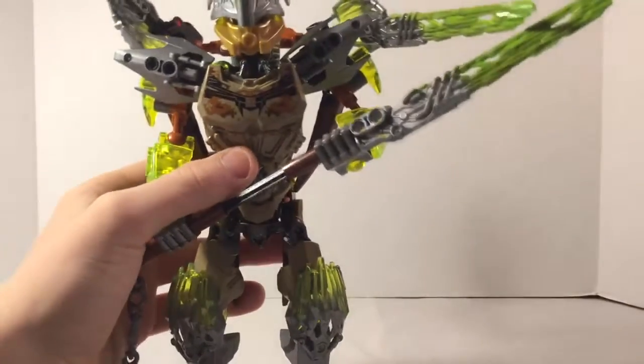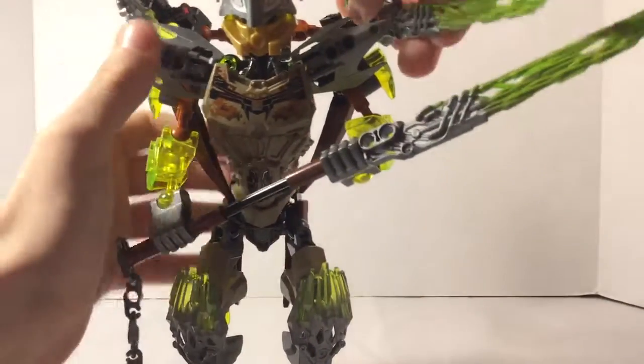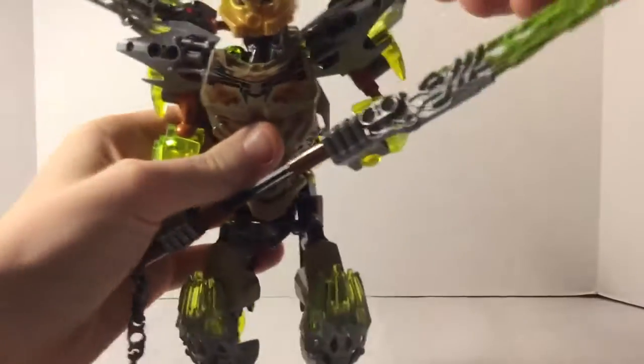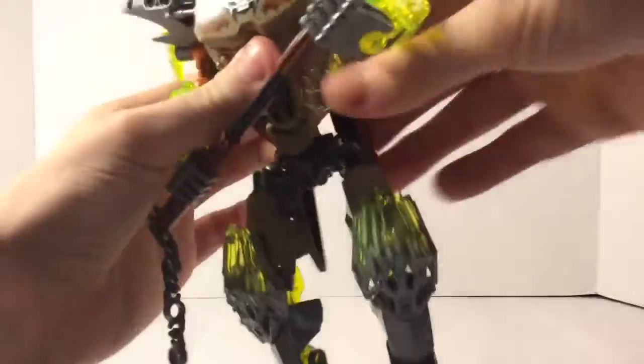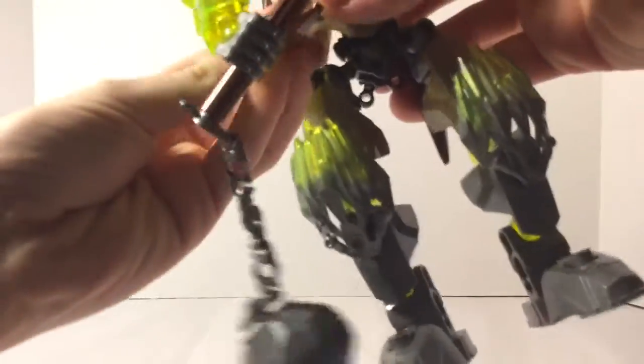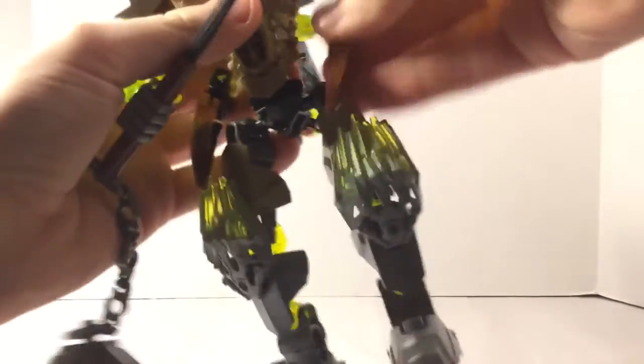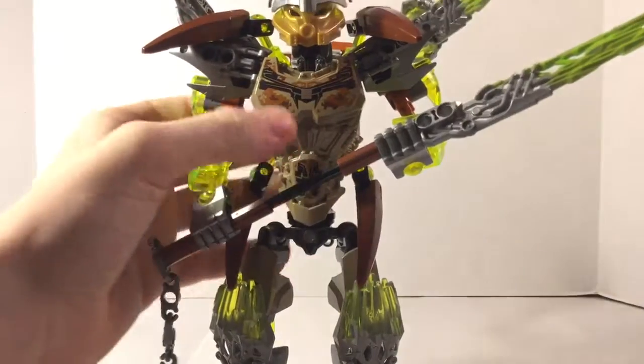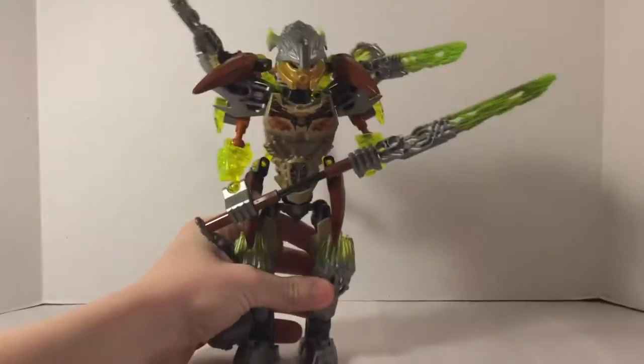Some people like to keep Scorpio's arms up in a way, like around Pohatu's shoulders, but I don't really like to do that with Pohatu. I might as well do it right now, since they did it in the Netflix show. What the heck? I'm gonna do it. There we go. It kind of looks weird when Kitar's legs are sticking out on Pohatu like this,